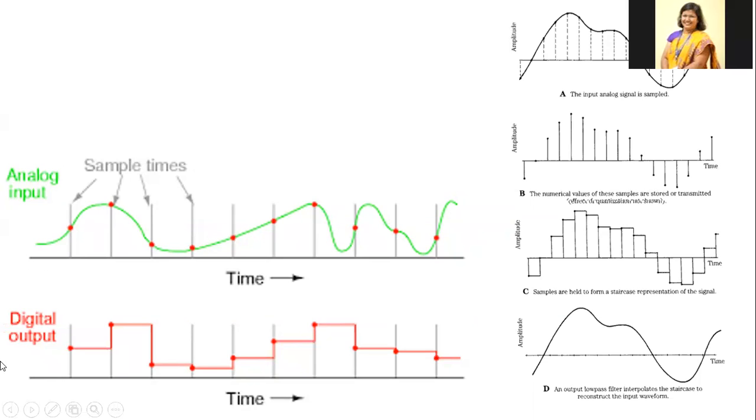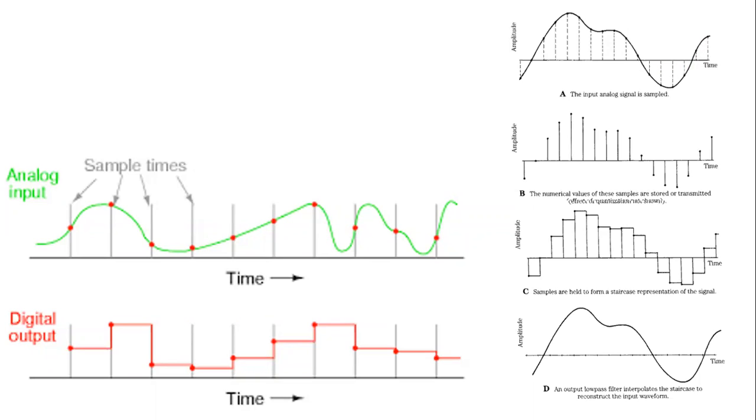Okay, so here they have shown in the diagram that when this sampling has been done for a signal, then the digital output has been created. That's what we said. The pulse has been created exactly at the point where the sampling is done. You can see here, this is a sample point. And from this point to another point, we are fixing the voltage. So that voltage will be the pulse. So at each part, you can see here the wave is falling down, but the pulse is fixed.